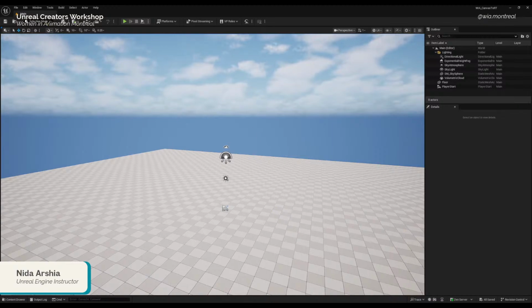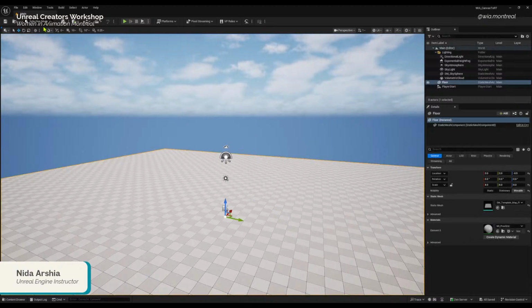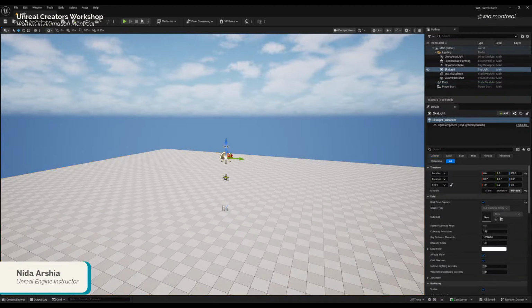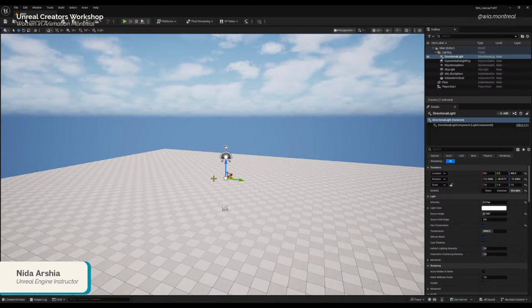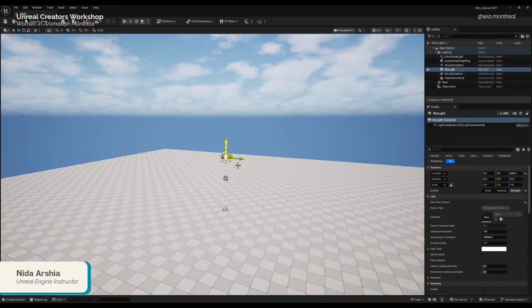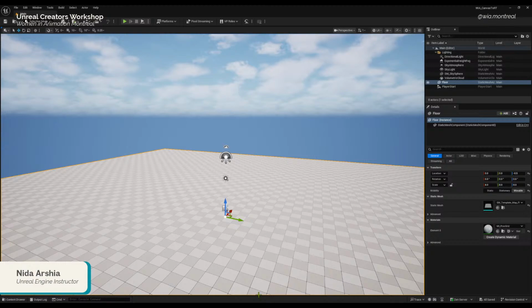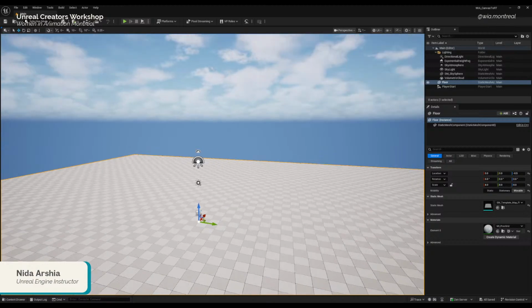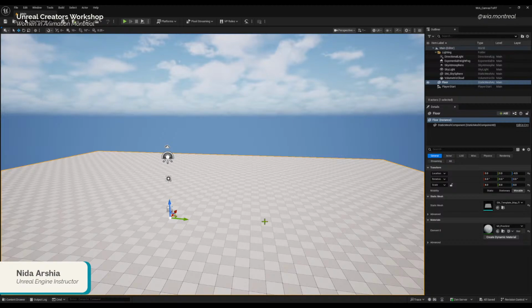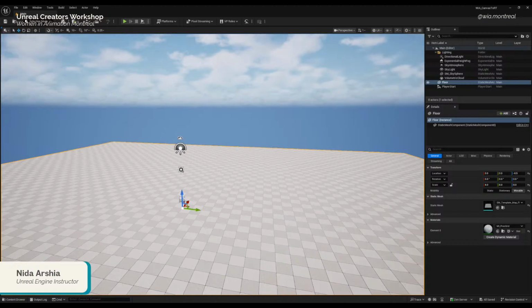And this option, as the name suggests, is the selection mode. So we are able to select the assets or actors that are there in the scene. Right now what we have open is a scene, which in Unreal is called a level.